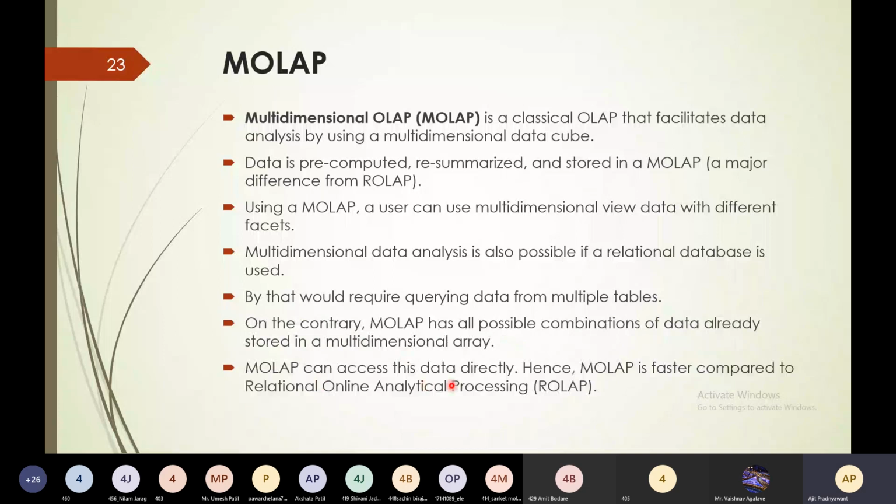MOLAP can access data directly. Hence, MOLAP is faster compared to ROLAP. So the pre-computed, re-summarized and stored data in MOLAP helps to access the data faster as compared to ROLAP.